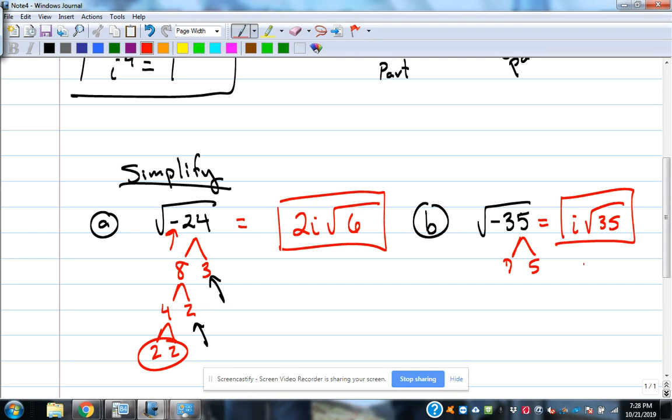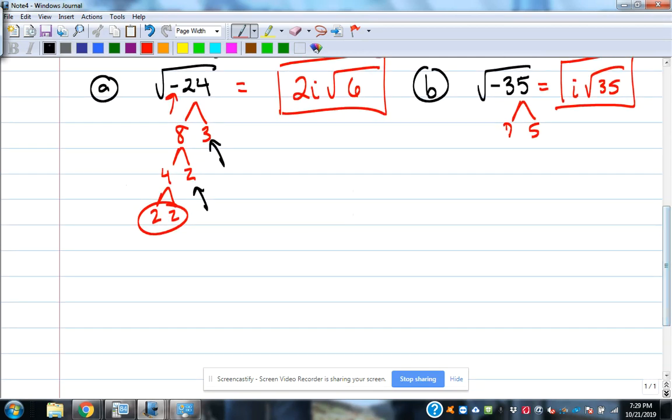Because we didn't have any pairs, we can't change this number in here. But the i can pull the negative out. That's what happens there. It's just an i comes out of that. If we had the square root of negative